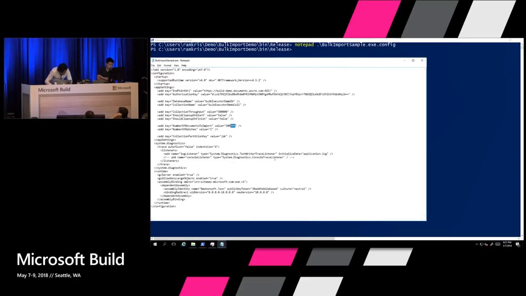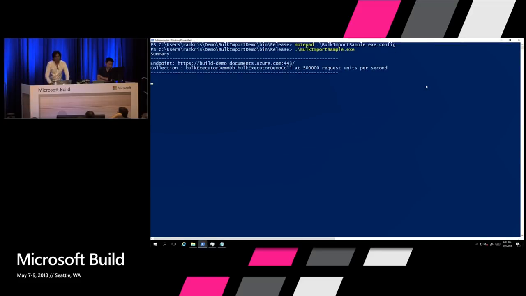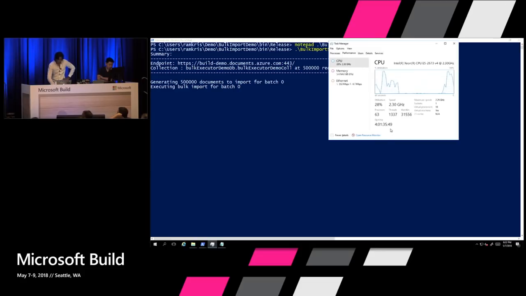And here again, it's trying to import 500,000 documents, the same 500,000 documents. And let's see. And as you can see here on the client side, it's consuming the